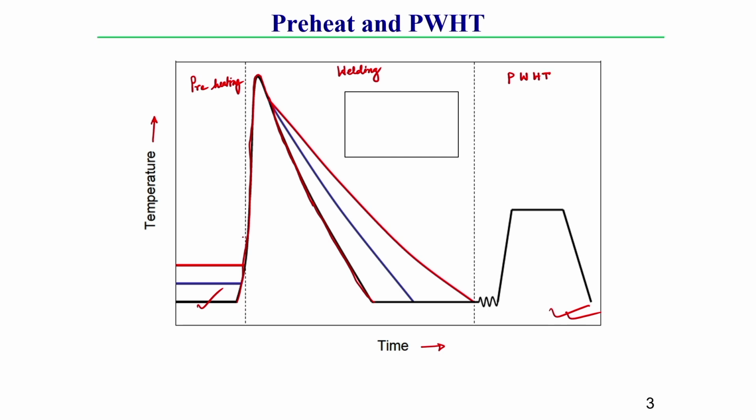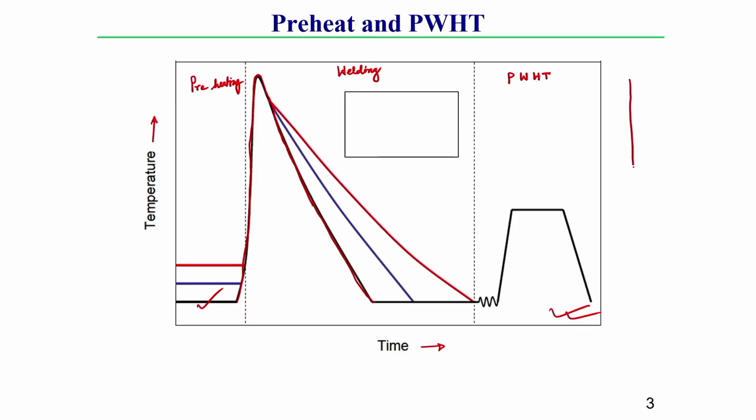So, in this first figure, the black line starts from ambient temperature and it is heated by the welding torch. After that, when the welding torch moves away from that zone, we observe how the temperature behaves. I am just representing it on the right side. Let us say this is a weld specimen. Here at this middle zone we are doing the welding. Now, let us consider a particular point P.